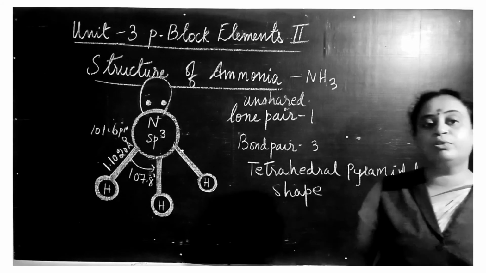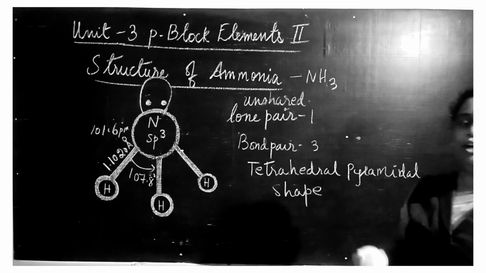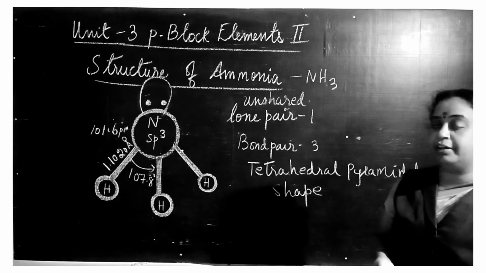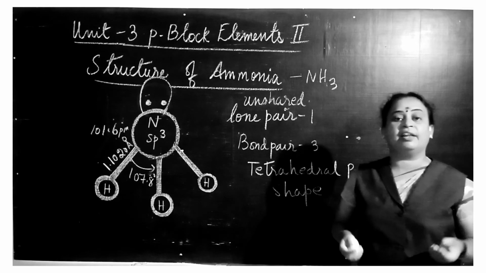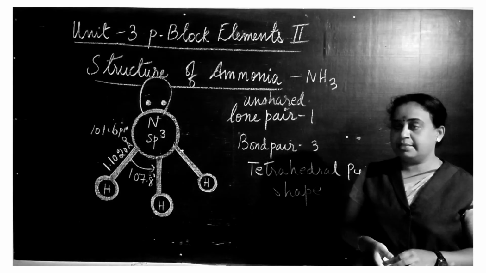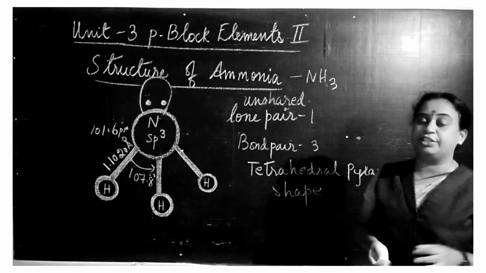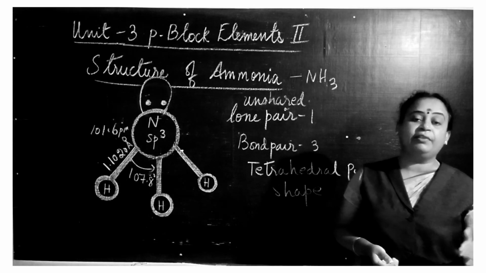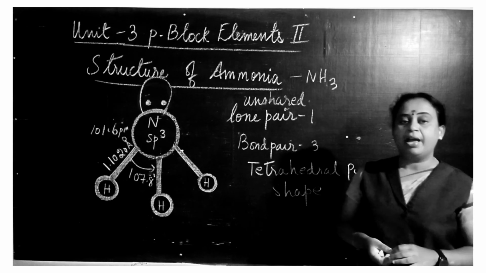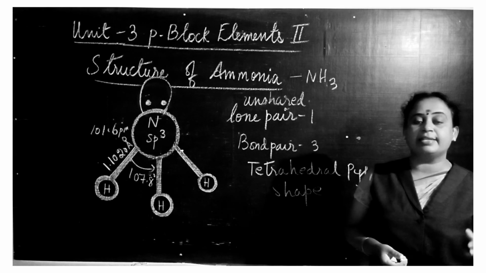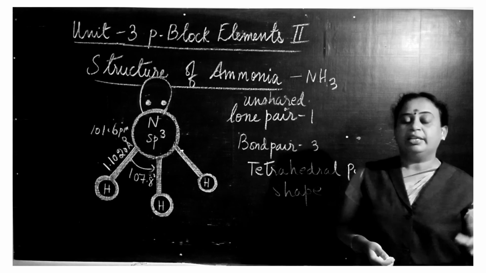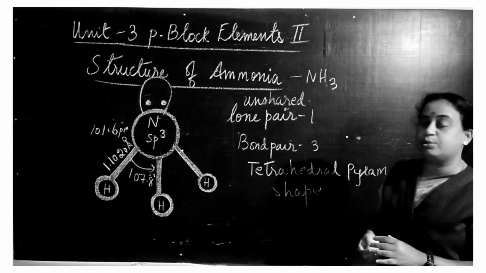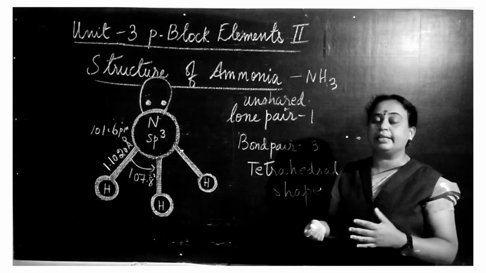Now let us look into the uses of ammonia. There is a wide variety of uses for ammonia. Let me explain a few chief uses here. Ammonia is used as a refrigerant gas, acting as a cooling agent there. The second chief use of ammonia is in the manufacture of fertilizers, and the third is that it is used as a cleansing agent. The deep stains on fabrics can be removed by using ammonia. So that's why it is used as a cleansing agent.